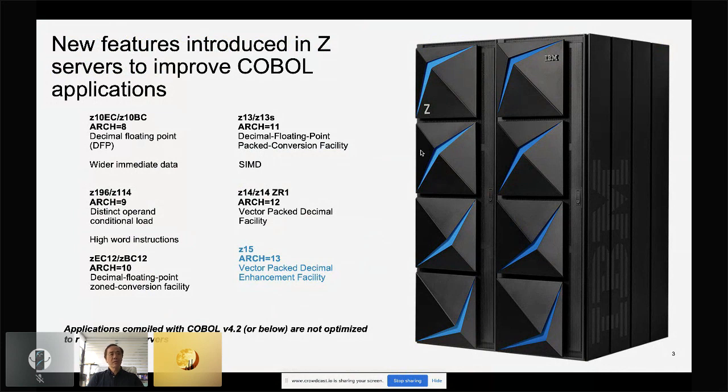And this data type is very inefficient because it does not have any arithmetic operations associated with it. So anytime that you do any calculations using the PIC 9 arithmetic, you will have to convert it to packed decimal. And then after you've done the calculation, you have to convert it back. So it's very inefficient. But so what we did in zEC12 is to put in a few new instructions,